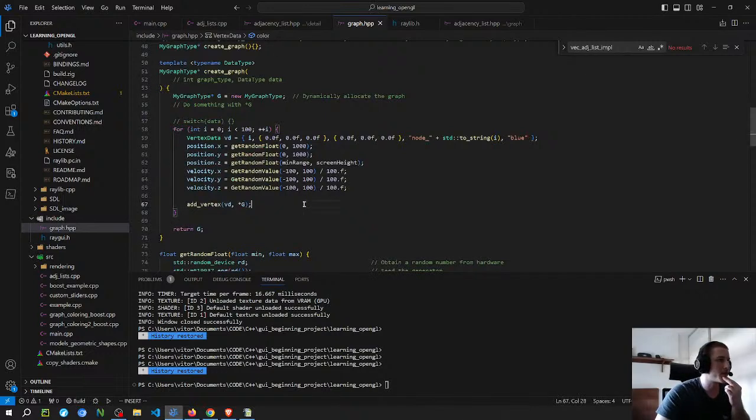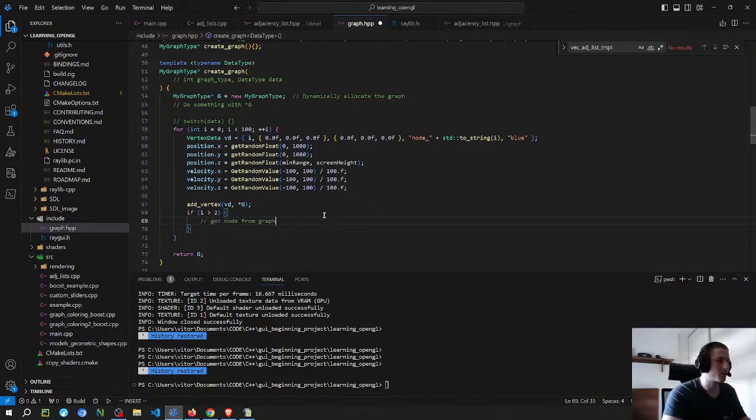So probably the easiest way to do it is just to put if I greater than true, then I just connect them sequentially. So I have to get nodes from graph, get previous nodes. I have to initialize the